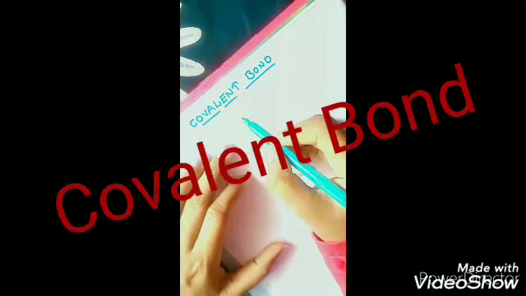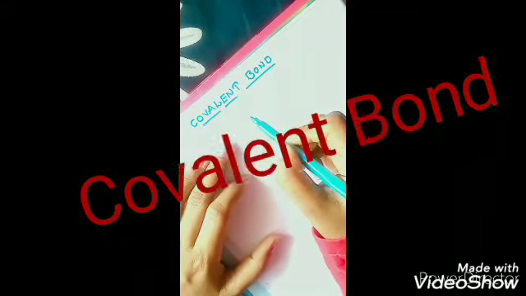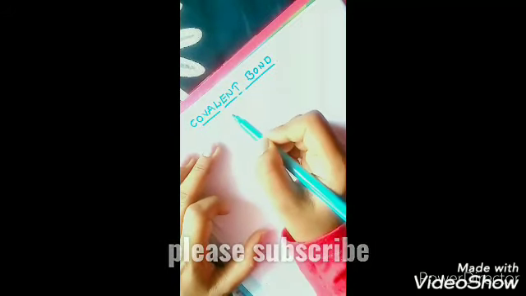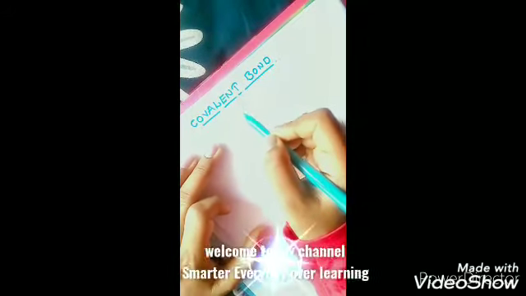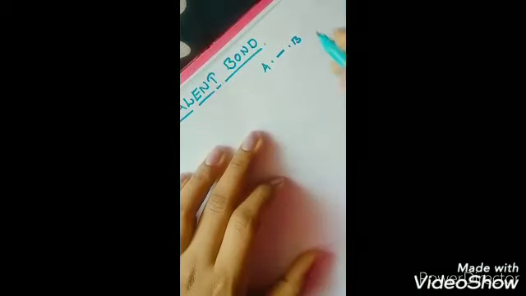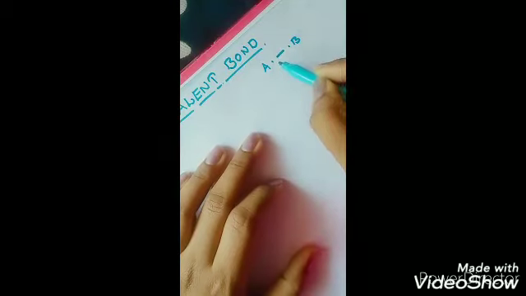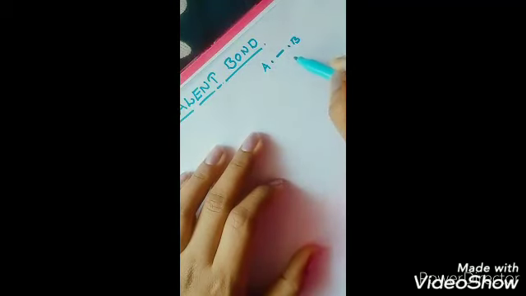Dear students, I'll give you a complete and clear-cut idea about covalent bond with the help of this video. In our previous video, you learnt about ionic bond. In an ionic bond, the bond takes place due to the transfer of electrons. Coming to covalent bond, a bond is formed in between two atoms by mutual sharing of electrons.